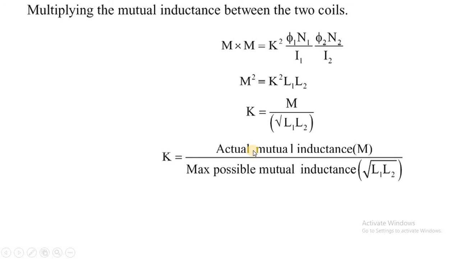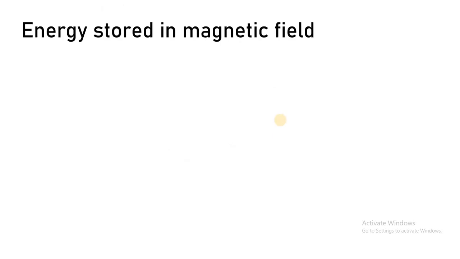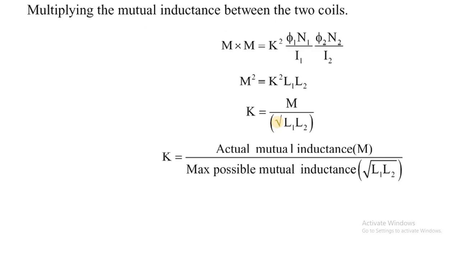It is only for your extra information that I am giving you this. But I hope they will not ask you in that critical manner. They will give you only the simple formula K is equal to M divided by under root L1 into L2. Okay, everybody understood? What is K? K is equal to M divided by under root L1 into L2. Clearly understood? Yes, ma'am. Okay, so on the basis of this formula, they'll ask you simple numericals.